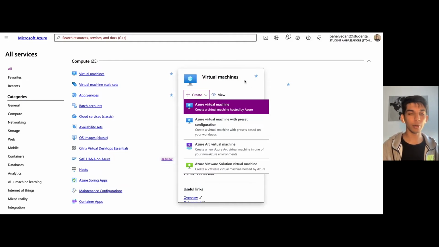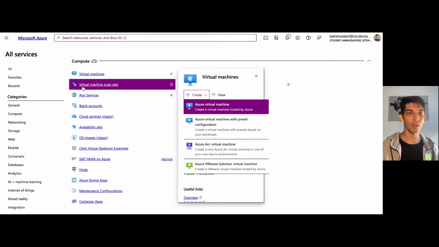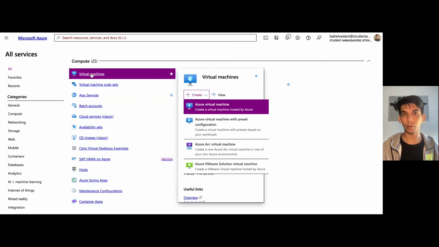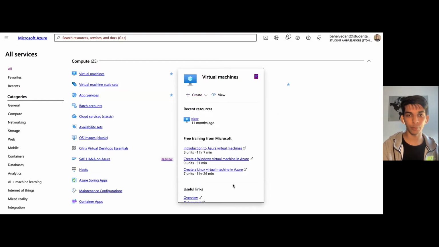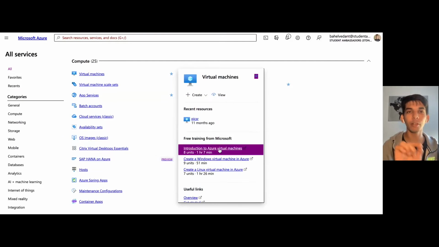Now, another good thing about Azure, as you can see here, is, for example, I did tell you about virtual machine, but I know I'm very bad at explaining, right? So if you need more explanation about virtual machines, you can just go to here, and when you hover over virtual machines, you see it provides you some useful links and free training from Microsoft. Isn't that amazing? If I click on Introduction to Azure Virtual Machine, which I'm not going to do now,